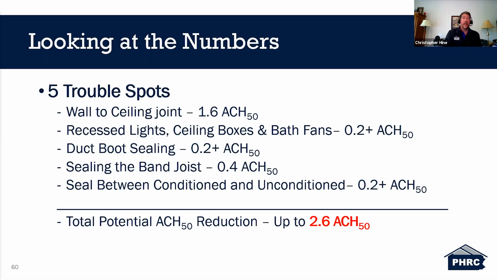Duct boot sealing, another 0.2 ACH50. Sealing at the band joist, all the way around, some locations get overlooked, is 0.4 ACH50. And then sealing that wall between conditioned and unconditioned spaces, roughly 0.2 plus ACH50. Just looking at these 5 spots, that has the potential to get you 2.6 ACH50,